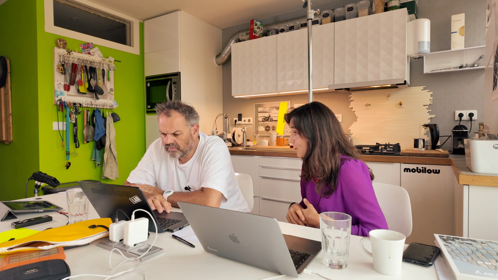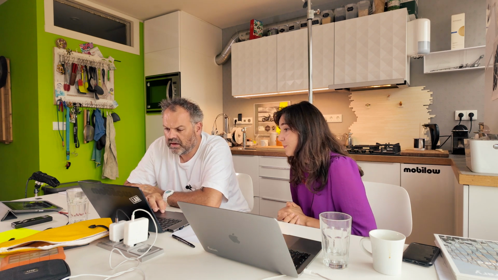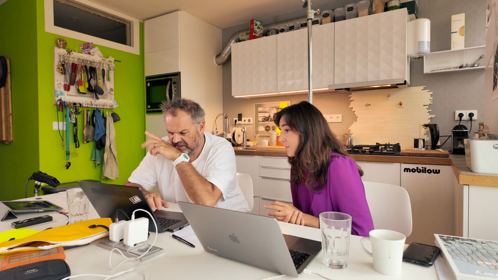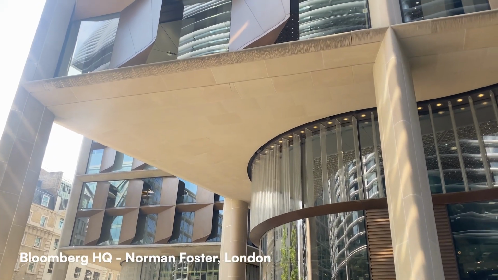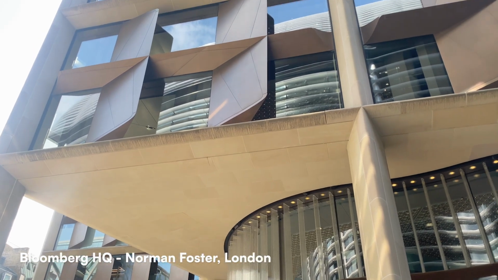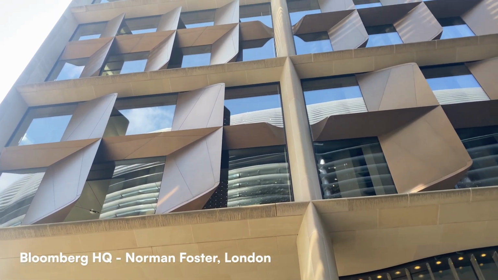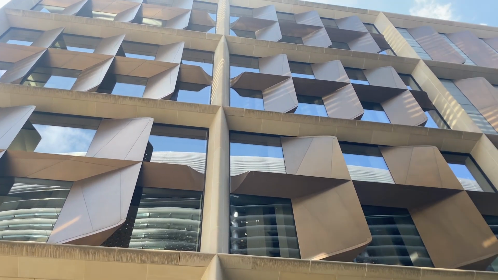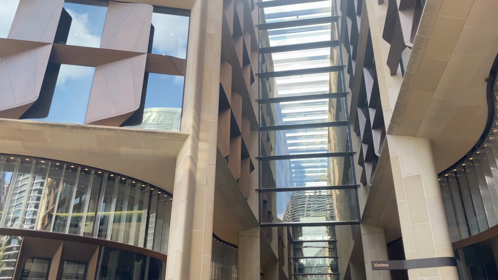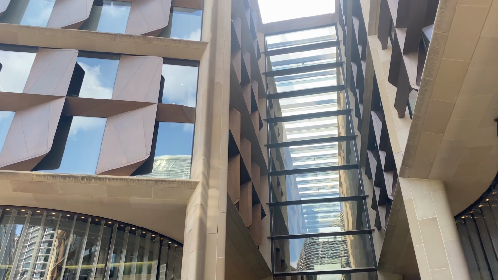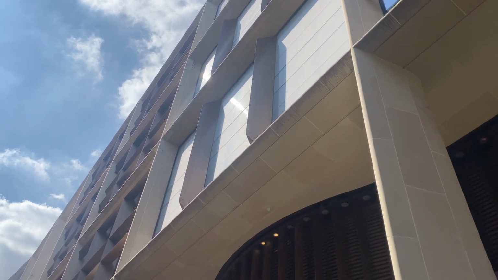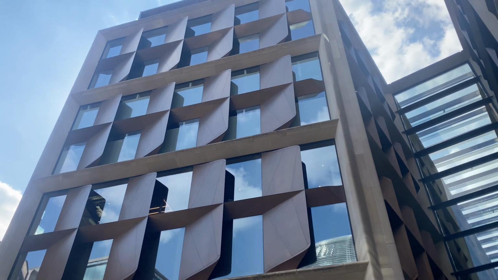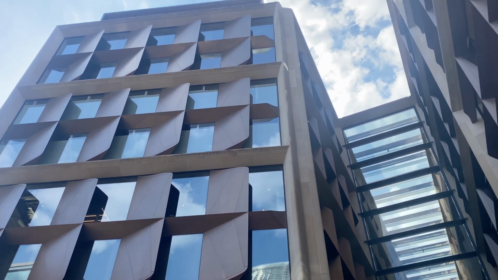A good example, the headquarters buildings of Bloomberg in London. Oh, I found something here from you already. Again, that's an interesting design building from Foster, a very interesting facade because thanks to digital parametric design, it is customized to have the optimal geometry in terms of the shading and the window to wall ratio to respond to the solar gains and the light requirements depending on the orientation.